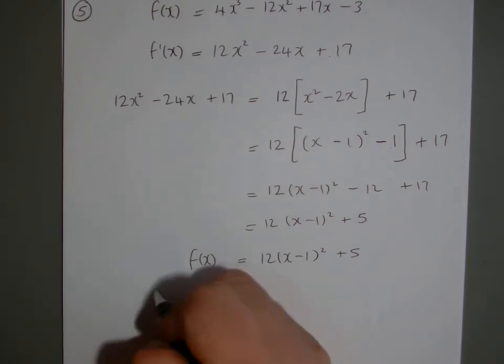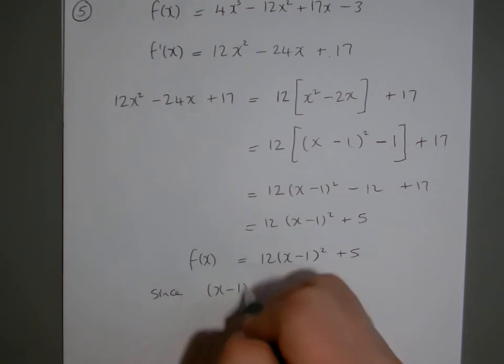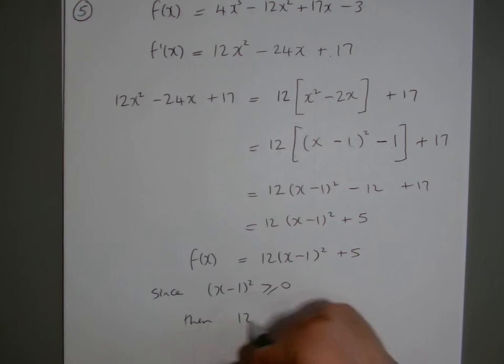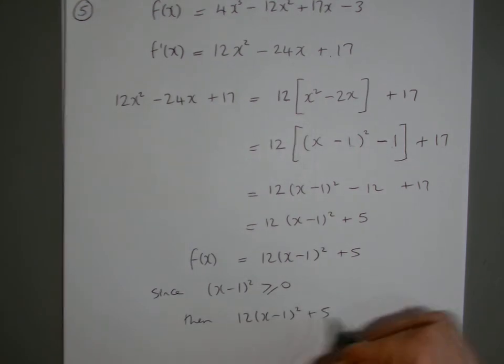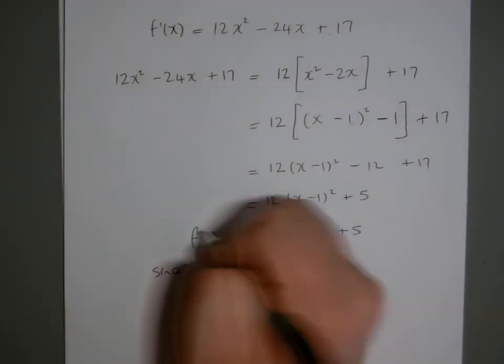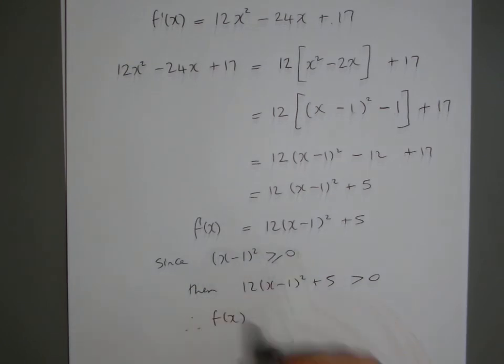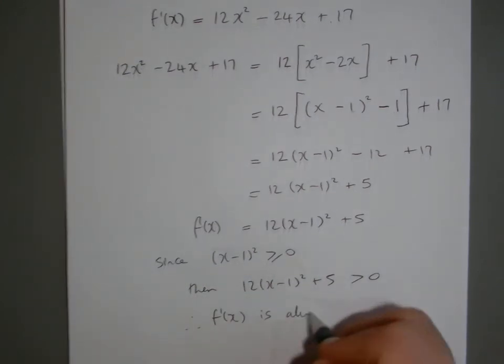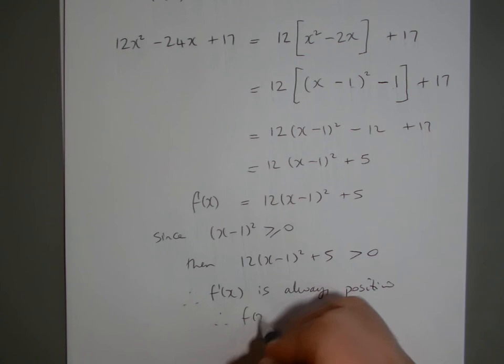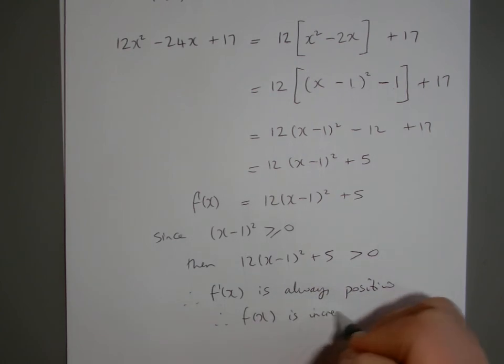So we'll just say, look, since x minus 1 all squared is greater than or equal to 0, it can equal 0 of course, because when you square 0 you get 0. Any other value when you square it is positive, and then 12 times it, plus 5, has got to be greater than 0, isn't it? So therefore f of x, I should say f dash of x there, because f dash of x is positive, the gradient is always positive,